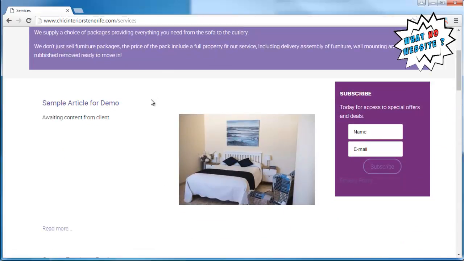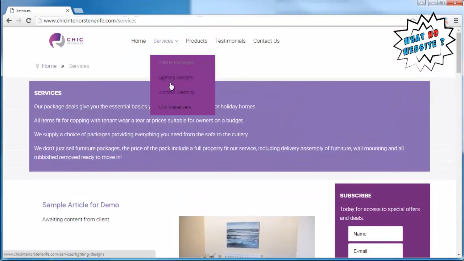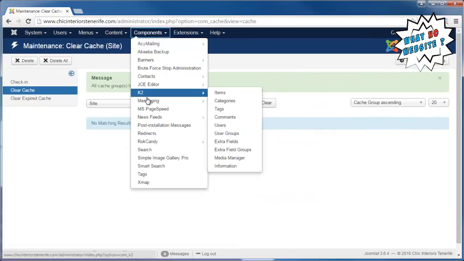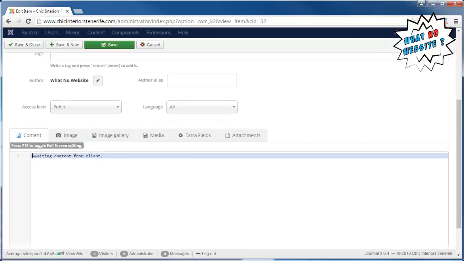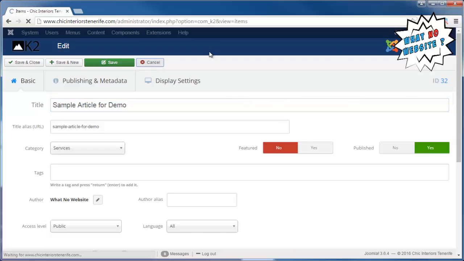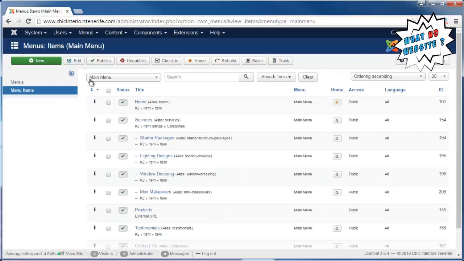Okay, so that's the basics of creating an article, but what we want to do is have it on the menu as well so people can go straight to it. So if we go back to K2 and open up the sample article, all I'm going to do is copy the article title and then cancel, then I go to Menus, Main Menu, and I'm going to create a new menu item,